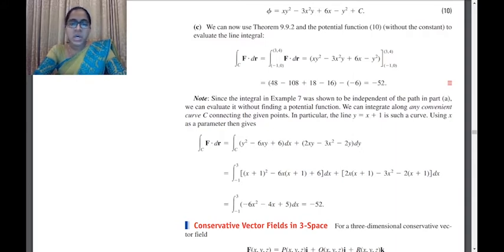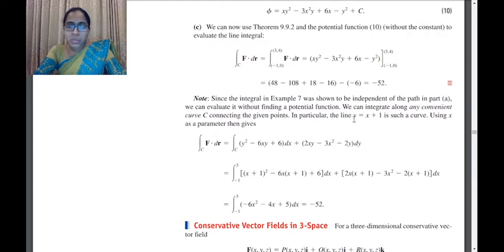We are given (y square minus 6xy plus 6) dx plus (2xy minus 3x square minus 2y) dy. Now y equals x plus 1 is a path, so we substitute the value of y in this expression